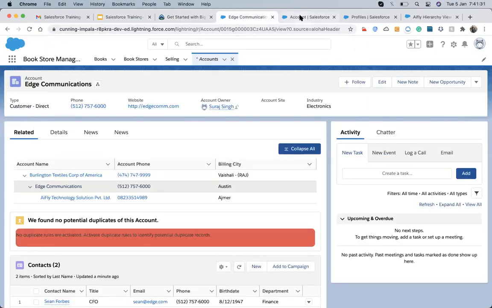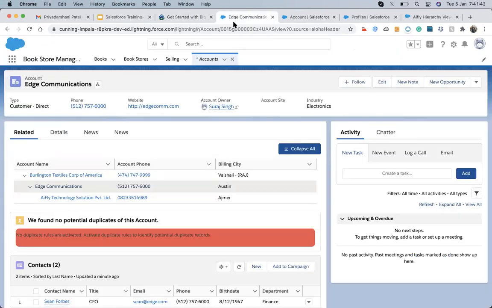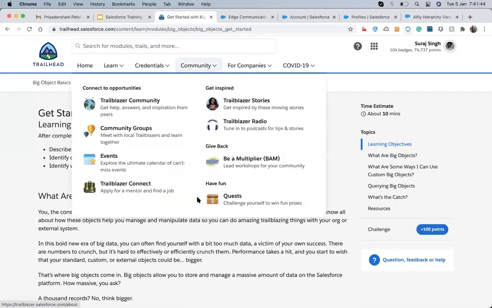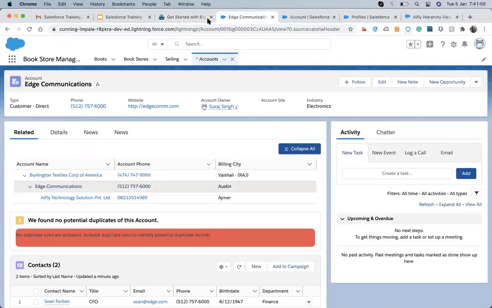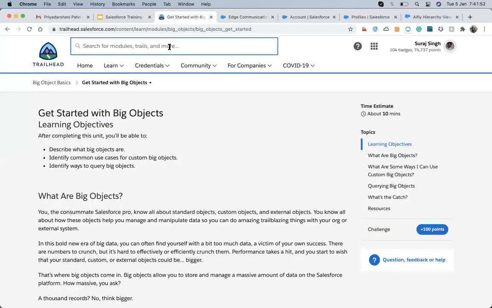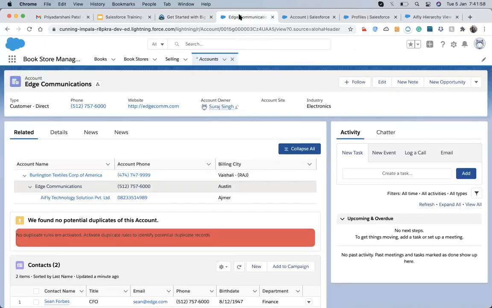Okay, governor limits. So while working in Salesforce, since it is a multi-tenant environment, I had already told her that it is working in a multi-tenant environment, right? So multi-tenancy, you already know, means everyone has to share resources.